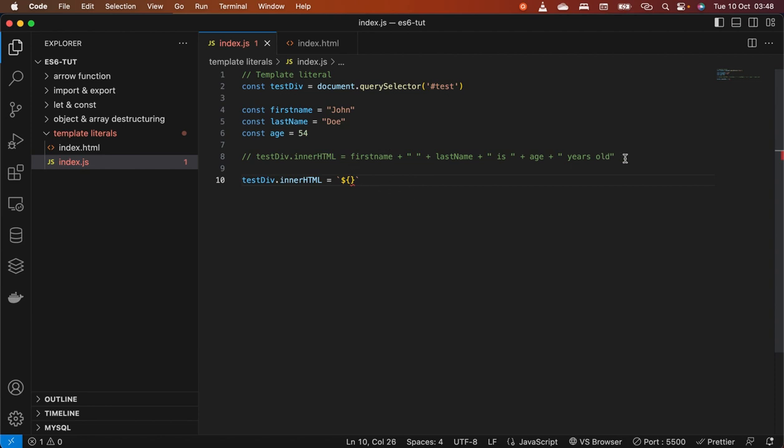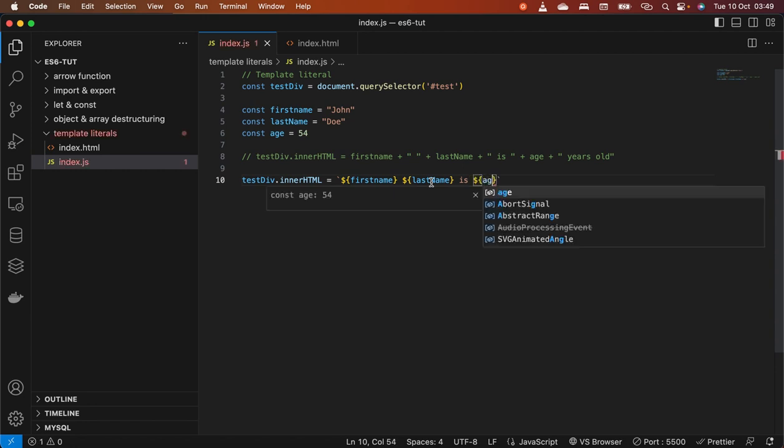Now to write something like this easily, you just say first name John Doe, and writing a space in front of it is going to put a space automatically. Then we can now say again last name, then is $, age,